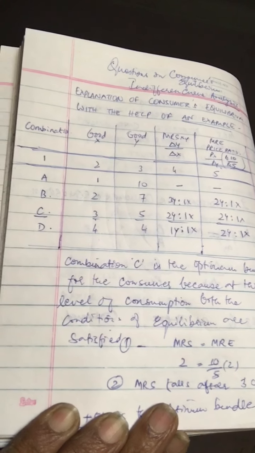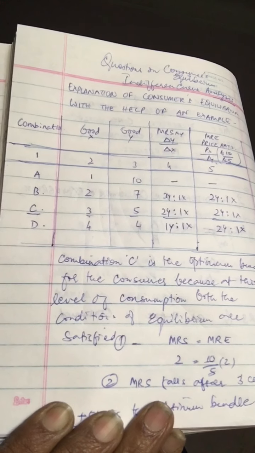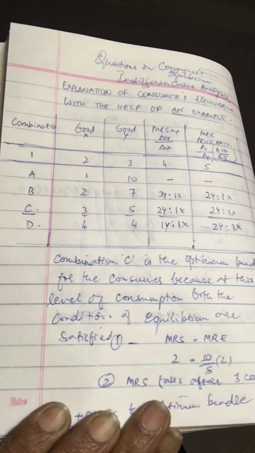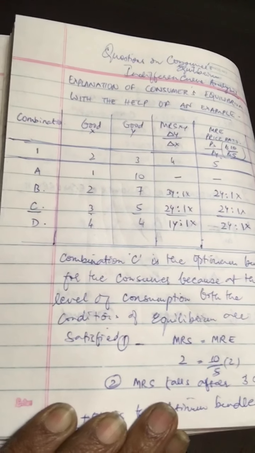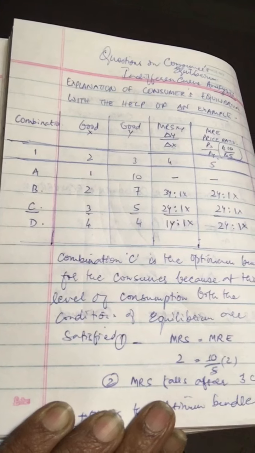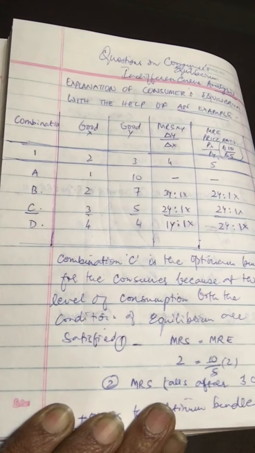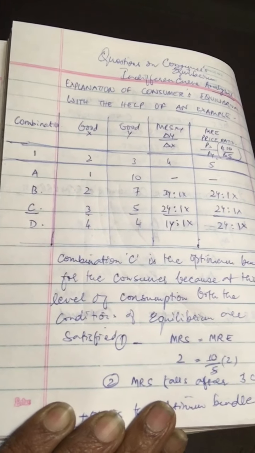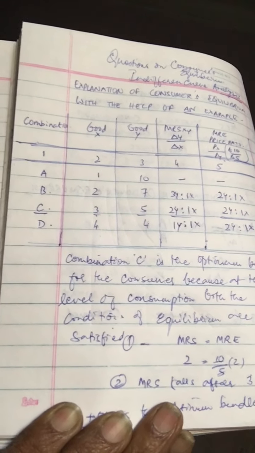So you can see that at A, the combination was 1 and 10. In the second combination, B, when you want to buy an additional unit of X, you had to give up 3 units of Y in order to do that, and so on. Now, let's take column 4. Column 4 indicates the marginal rate of substitution at which good X is substituted for Y without affecting the level of satisfaction. So this is what you see here. Okay, column 4 we finished.